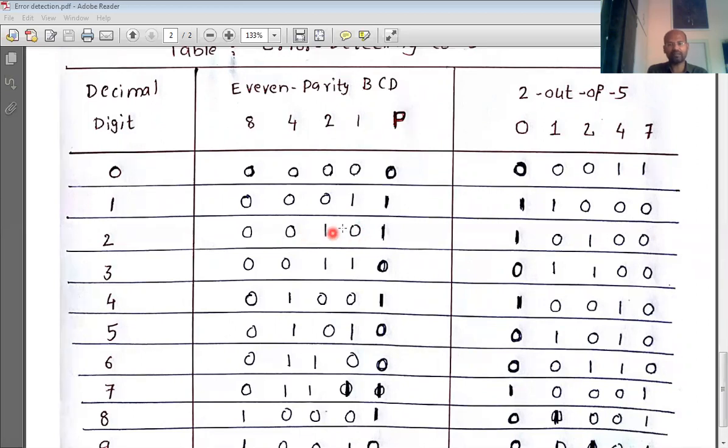What we have received is 0011. Because of noise in the channel, this 0th bit is received as 1.